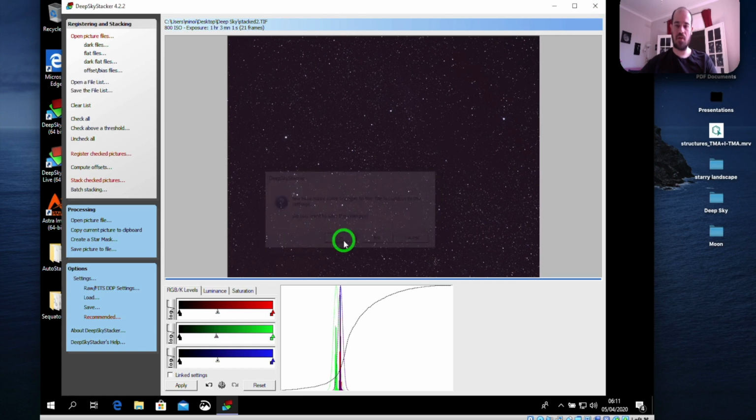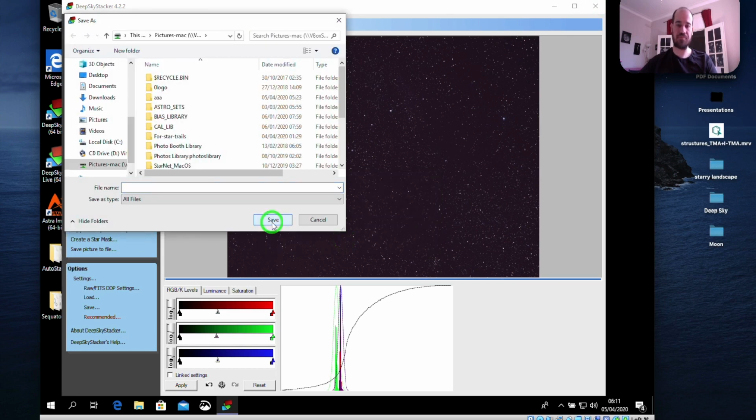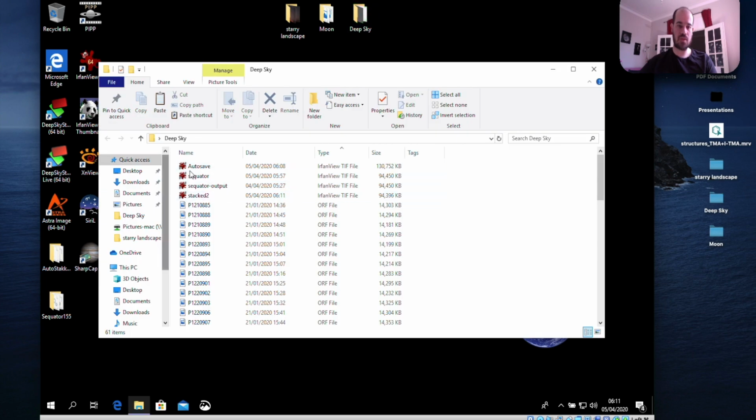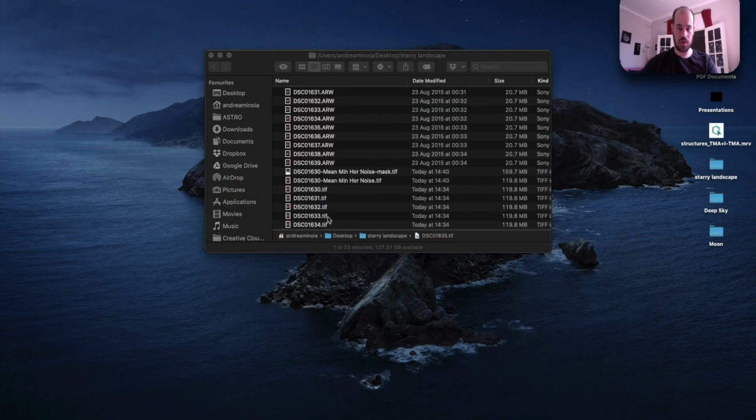DSS, and then you can move directly to Photoshop with this TIFF. Here you see that it takes 95 megabytes, while the 32-bit version is 130. So that is a bit the effect of having 32-bit: it increases the size of the file. Now, before going on, I just want to